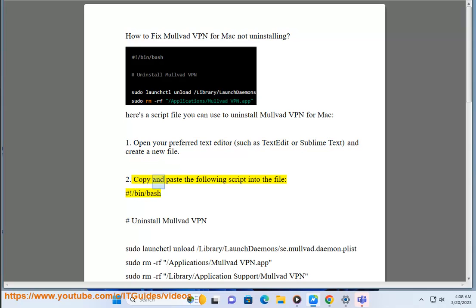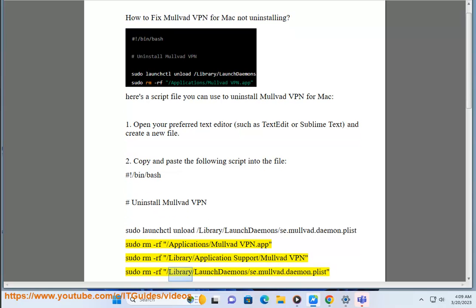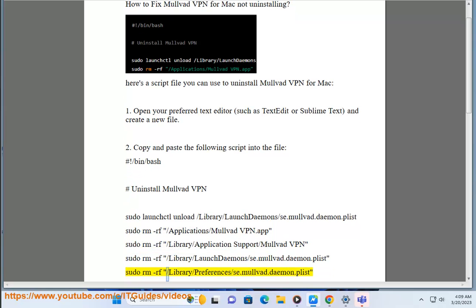2. Copy and paste the following script into the file: #!/bin/bash # Uninstall Mullvad VPN sudo launchctl unload /Library/LaunchDaemons/se.mullvad.daemon.plist sudo rm -rf /Applications/Mullvad VPN.app sudo rm -rf /Library/Application Support/Mullvad VPN sudo rm -rf /Library/LaunchDaemons/se.mullvad.daemon.plist